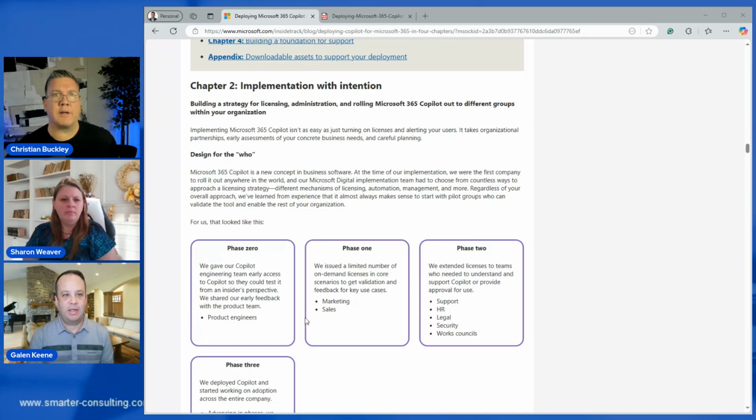And it is so critical because of how different it is, and even Copilot is evolving very quickly, the way that it works, and how integrated it is into all of the various applications that we work with. You need to understand those changes and keep on top of what's happening on the back end so that you don't become even more overwhelmed with how rapidly things are changing. My point is, if you're not piloting now, a year from now, it's going to be so much more difficult to jump in. So get your toes in the water now so that you have a better understanding of the changes